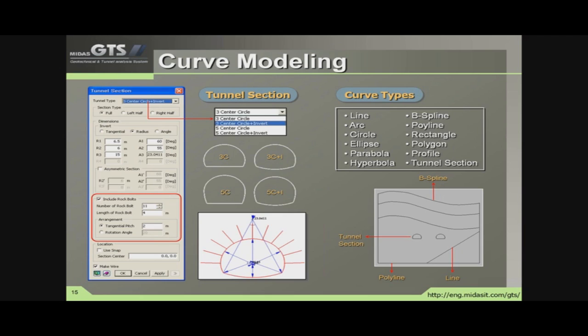So as I said, you can model the curves, you can model the tunnel section, you can select the type of tunnel opening, and you can define the curve using 3-center approach or 3-center plus invert approach, etc. These are the different curve types you can model in Midas GTS. You can model the line, arc, circle, ellipse, polygon, etc. Once you model these lines, you can extrude them in any direction to form the surface or the solid.